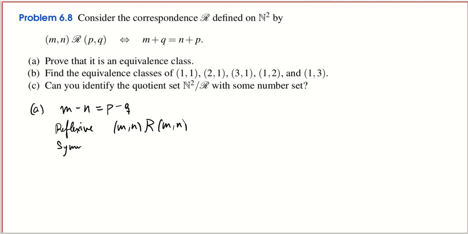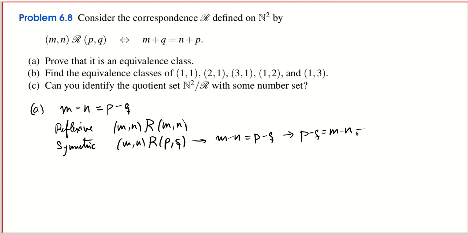It is symmetric because if (m, n) is related to (p, q), that means that m minus n is p minus q, okay? Which is equivalent to saying that p minus q is equal to m minus n, which is equivalent to saying that (p, q) is related to (m, n), okay? So it is symmetric. And finally, it is transitive